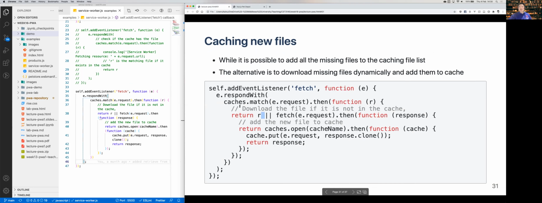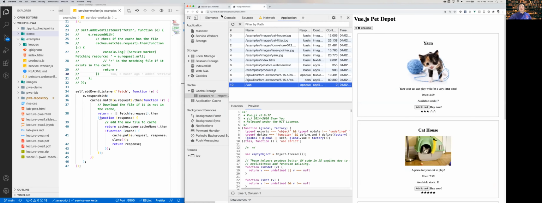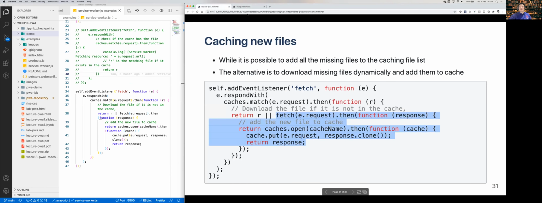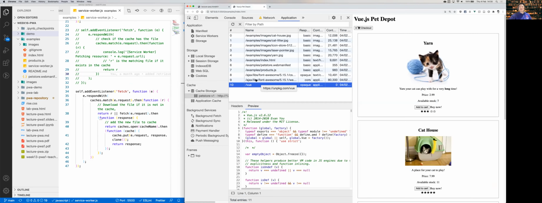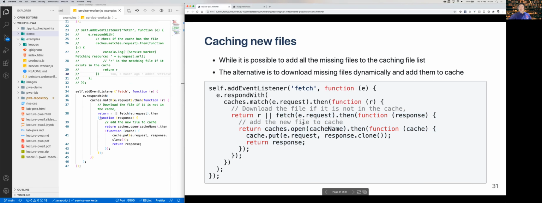Okay, so up to here is what we covered so far. And here is to add new files to the cache if it's missing. When we run this page example, it already has this code in there, so it automatically caches the missing view file and the font awesome file as well. So we're going to have a quick look at what this does. Up to here is all fine. So you find the files in your cache, then you return R, and otherwise,